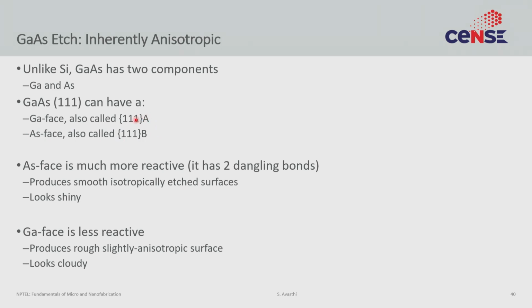And the reason we have to make this distinction is because chemically speaking, whether the etchant sees gallium on the surface or whether the etchant sees arsenic on the surface leads to very different outcomes. Things are also complicated by the fact that gallium has a valency of 3, arsenic has a valency of 5. So if you were really to do the math, you can actually argue that the arsenic phase has more number of bonds than the gallium phase, and hence the etching rate would be different for that reason also.